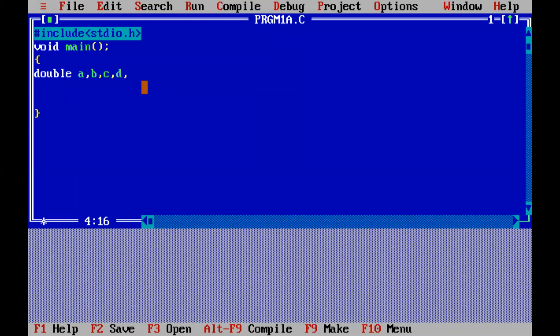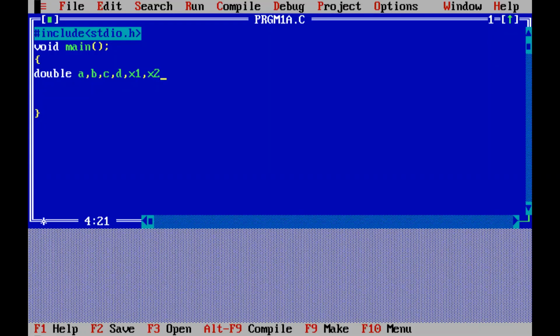And after calculating the discriminant, if the value is greater than 0, we are having the root values calculated as x1 and x2. So these variables x1 and x2 will be storing the two roots of the quadratic equation. Then if d value is equal to 0, again if you want to use the same variable names x1 and x2, you can use this, but only one root value will be there if the discriminant is equal to 0. So you can give x1 equal to x2 equal to the same root value.